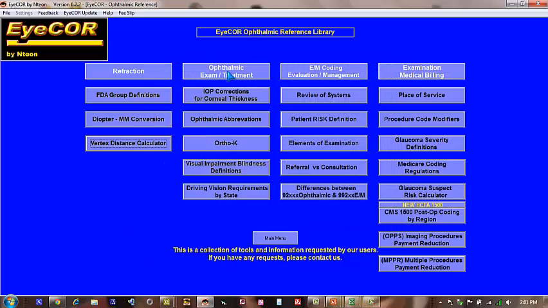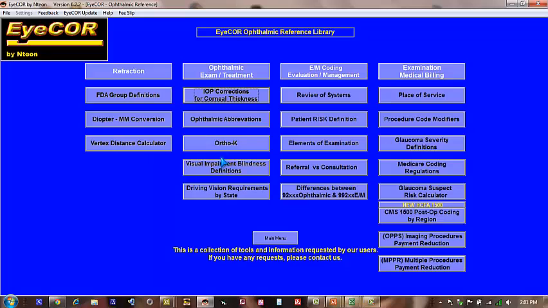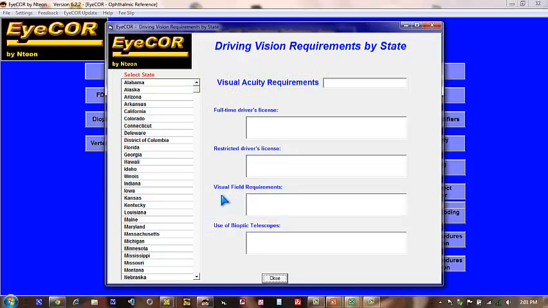On the ophthalmic exam, treatment, etc., IOP corrections for corneal thickness for pachymetry. We also have abbreviations. There's an ortho-K module about when you have certain undesirable results, what you can do to correct them. Vision impairment definitions for blindness. Driving vision requirements by state. So you can select the state that you're in, and we're going to give you all the requirements for the